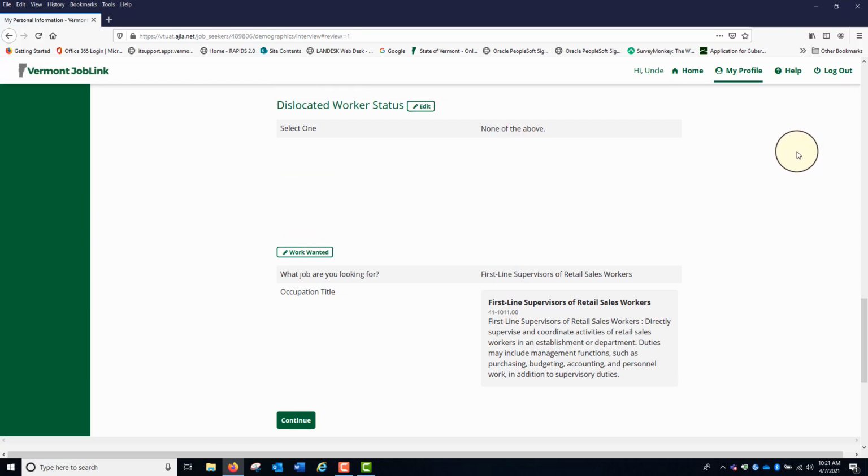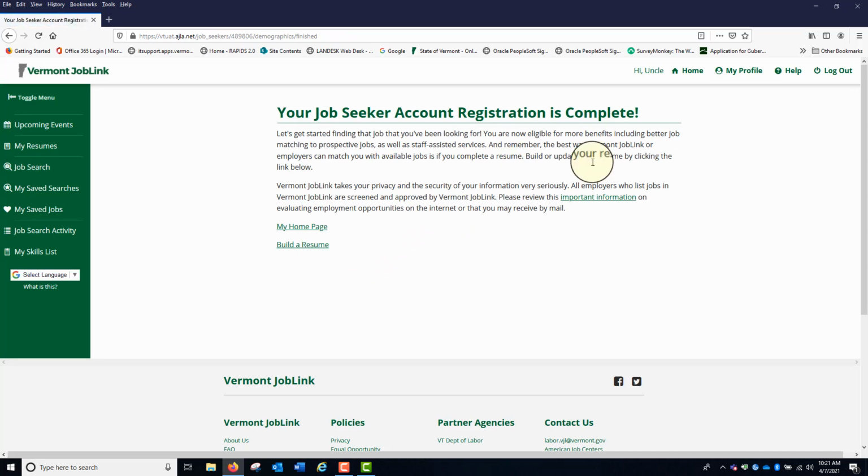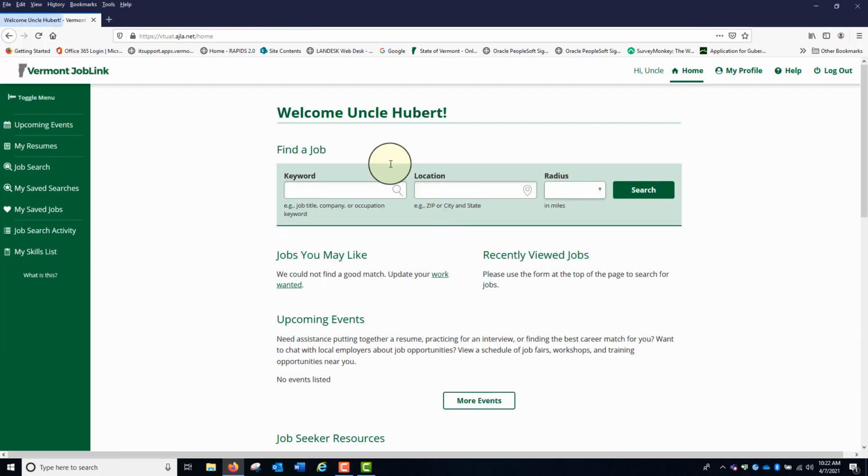Okay, so we have first line supervisors. It's been entered, it's been accepted, and I'm going to go ahead and say continue, and there you go. Your account registration is complete. Now what I'm going to do is go back to the home page and show you that if you do need to make any changes after entering all the information, it's very easy to fix. So I'm going to show you where you go up to here, my profile, and it will